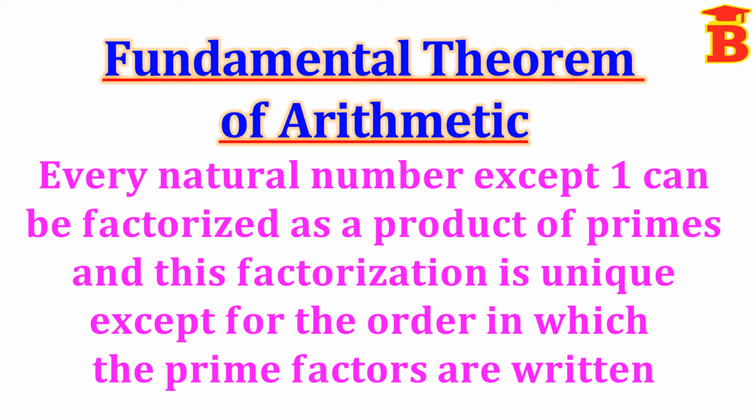So this theorem states that we have to find the factors of the given natural number. We know that method we studied in the lower classes. We have to start with the number 2 and then 3, 4, like that. We have to try the numbers. And finally, if we get a prime number, if it is not able to factorize, we can stop with that and write all the factors.